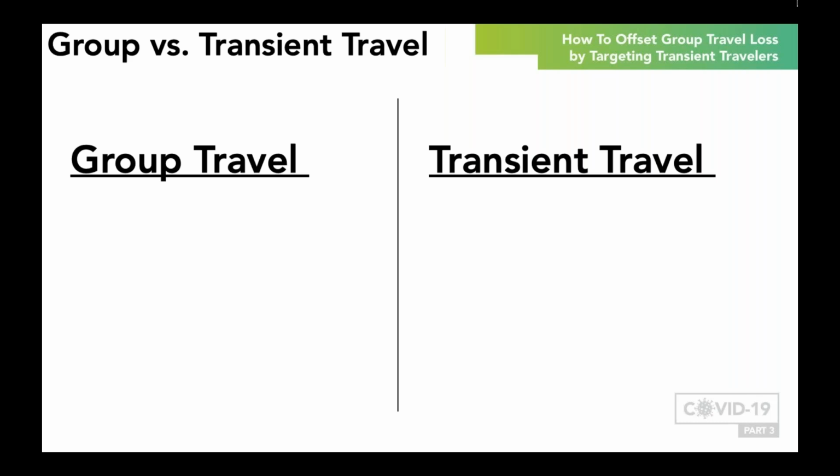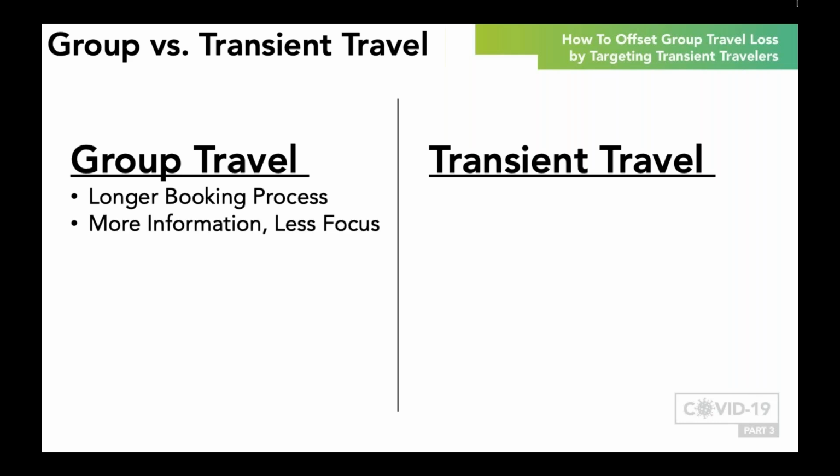Now let's start with group travel, which typically involves a longer, slower booking process. With group travel, hoteliers are communicating between multiple contacts, sorting out various group logistics, and planning far out in advance. And with a longer booking process, that means more information. But because of the amount of information involved in booking group travel, contacts might not be as focused on the small details like an individual's negative review, but rather look more high level, like the hotel's overall reputation and star rating.